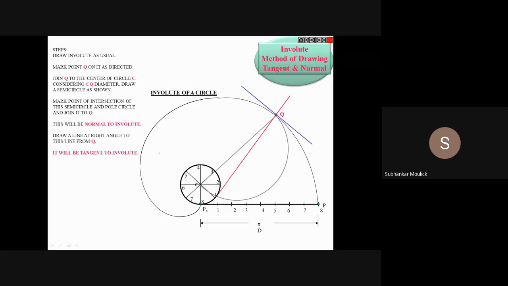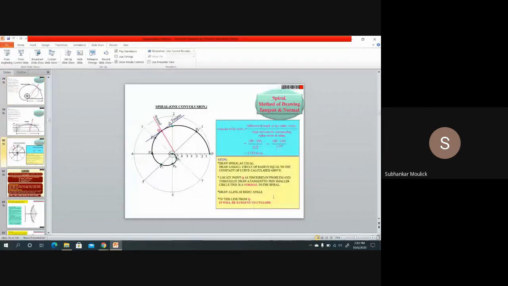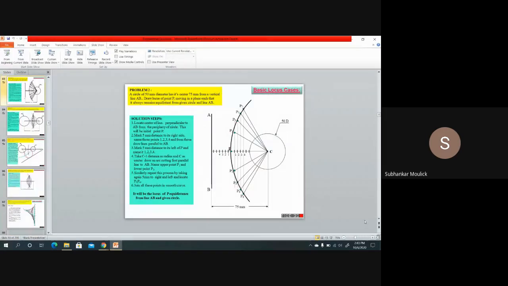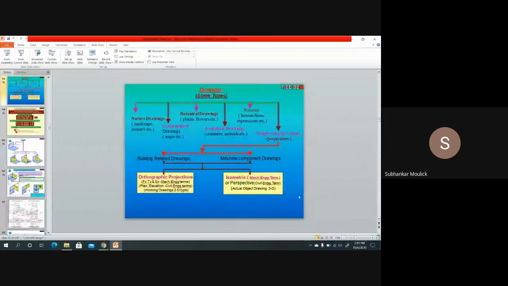Okay. So with this we have completed the first lab assignment, and today we will move on to the second lab assignment. Directly we will not start the second lab assignment. Today I will give you a brief introduction about it. The second lab assignment is about orthographic projection. I repeat, the second lab assignment is about orthographic projection. Now, what is this orthographic projection?